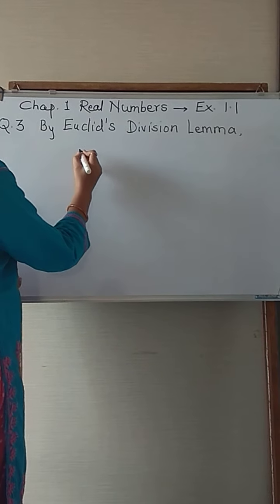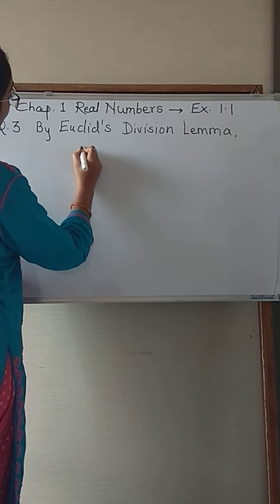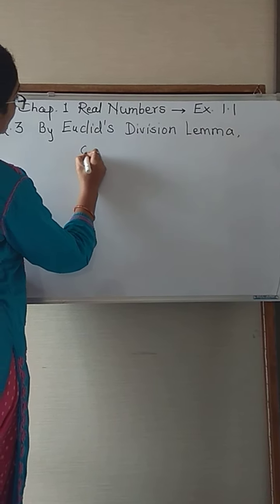Here it is given that the total number of members in the army is 616 and the total number of members in the army band is 32. Now they are going to make columns for a parade. We have to find the maximum number of columns in which they are going to march. This number of columns we can find by finding the HCF of these two numbers. The maximum number of columns, that is the highest common factor.